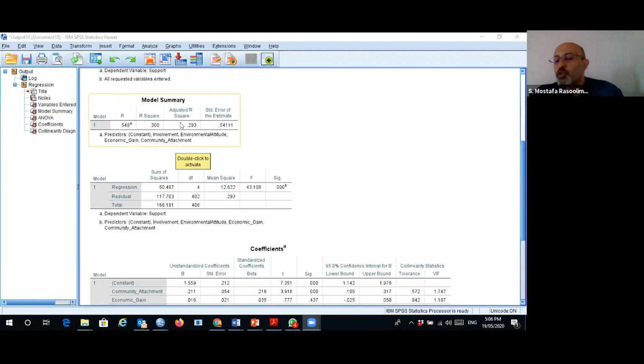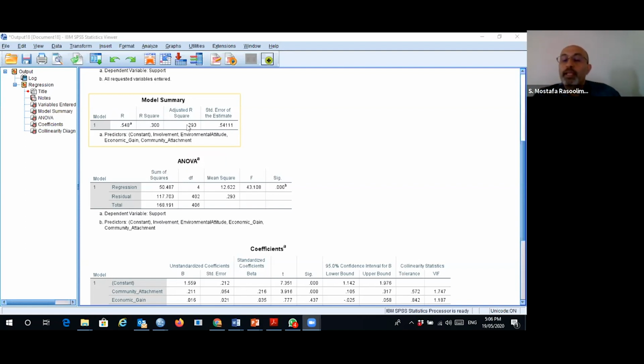Adjusted R-square is a bit better than R square. In adjusted R square, software does some modification on R square based on number of variables to get a better value, independent from number of predictors. So you can report any of these R square or both. You can report R square and adjusted R square. So the value of R square here is 0.3 and adjusted R square is 0.293. Always R square and adjusted R square are very close, right?